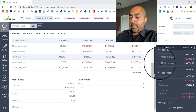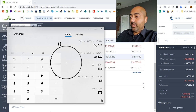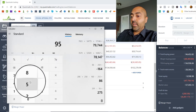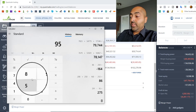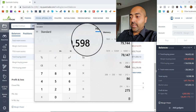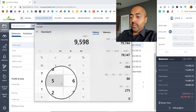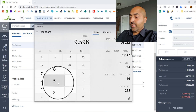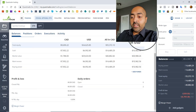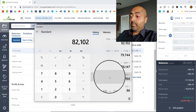All right, so first in my margin account, my equity went up to 95.98. Now this is ridiculous. It was at 4,000 not long ago. So obviously you can tell that when the general market goes up, it has an exponential impact on the margin account. In my TFSA, 55,372, and in my RSP, 17,132. So breaking the 80s, finally, back to the 80s,